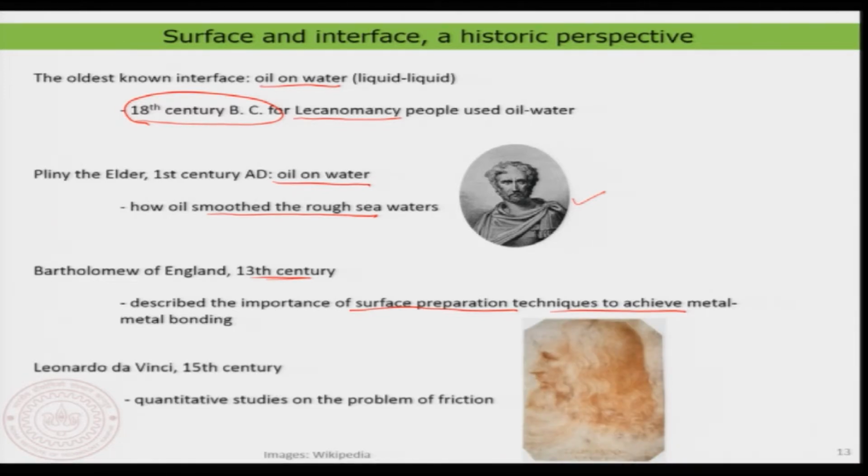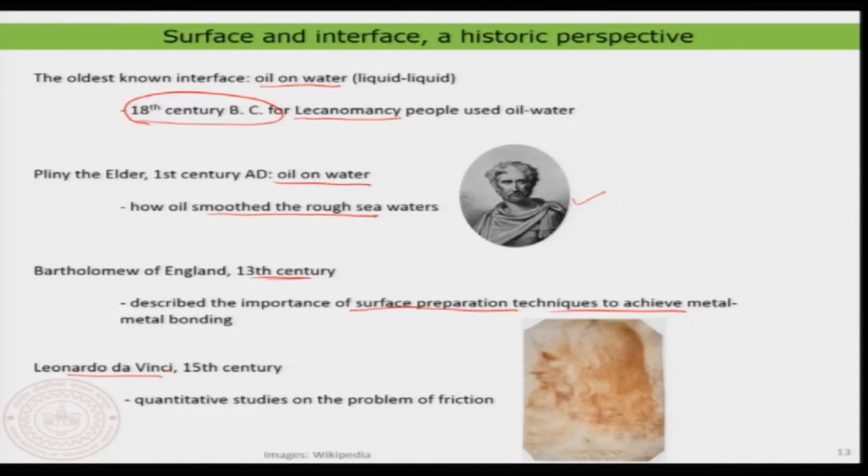And then, for example, friction is also a property of the interface itself, where two materials come in contact. Depending on the microscopic structure of the surface, if the surface is more rough, then the friction is more, and if the surface is smooth, then the friction is less. So, that means the microscopic or even macroscopic structure of the surface is very important in understanding friction itself. In the 15th century, Leonardo da Vinci, for example, did quantitative studies of friction, where his main tool was looking at the interfaces.